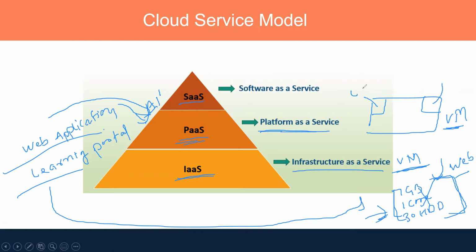For example, if you are user one, Amazon may be providing the same machine to user two as well. Here Amazon, or the cloud service provider, is going to provide you one dedicated space where you can deploy your application. If there is any slowness on this machine, you won't be able to manage it.